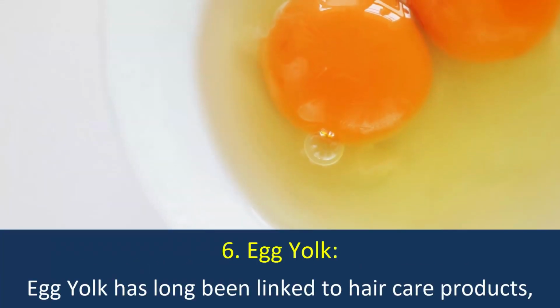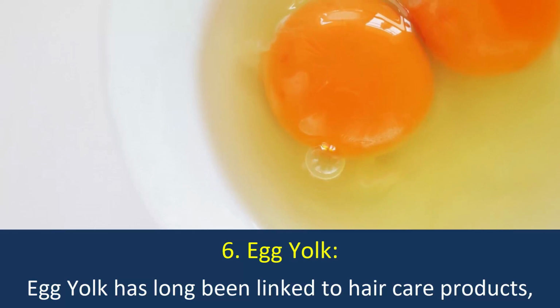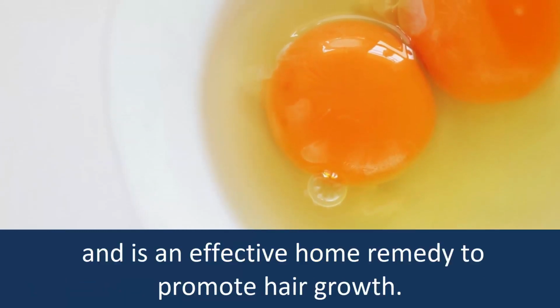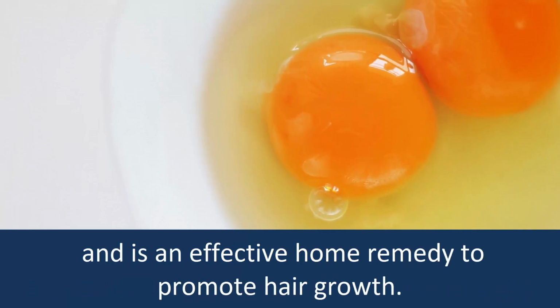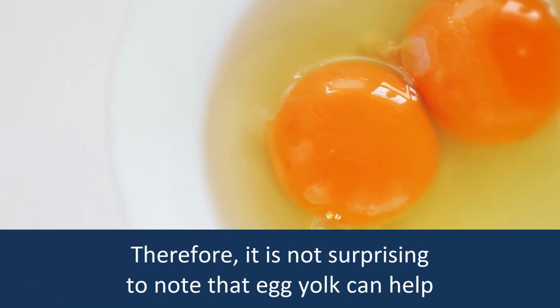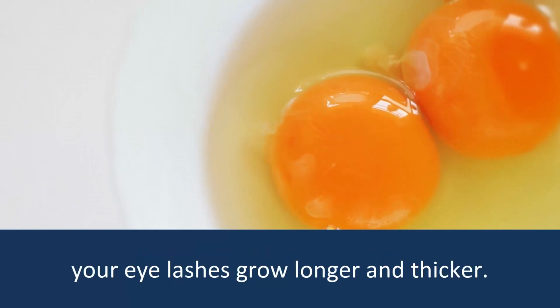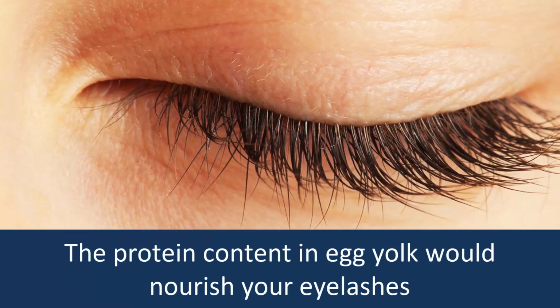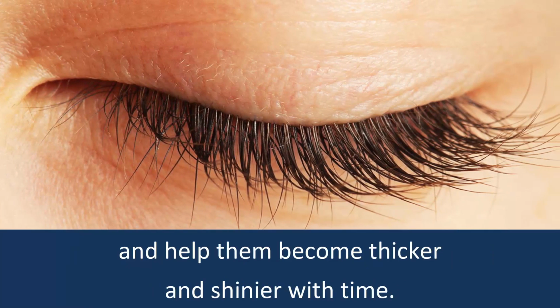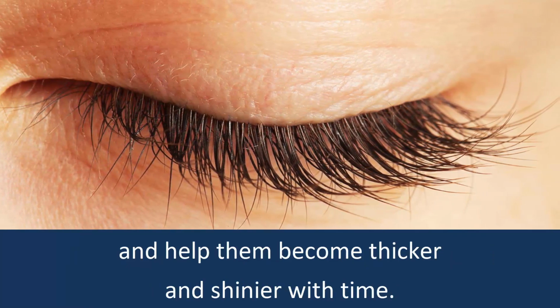Number 6. Egg yolk. Egg yolk has long been linked to hair care products and is an effective home remedy to promote hair growth. Therefore, it is not surprising to note that egg yolk can help your eyelashes grow longer and thicker. The protein content in egg yolk would nourish your eyelashes and help them become thicker and shinier with